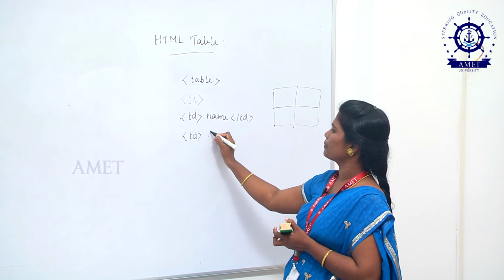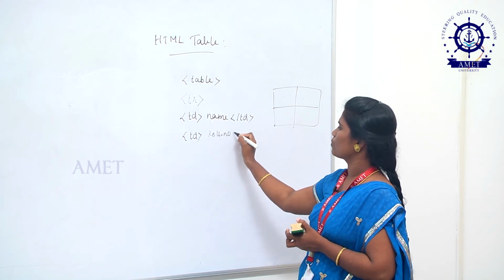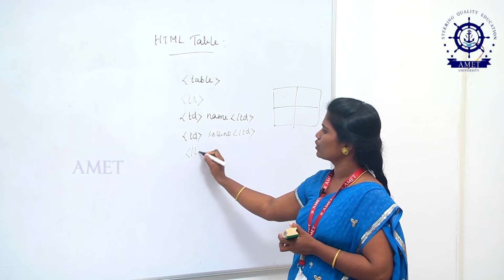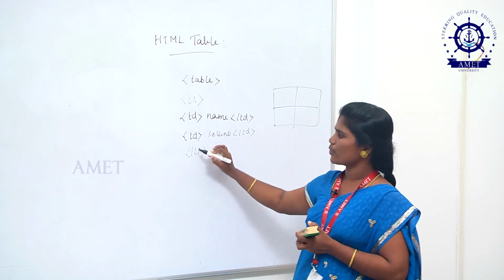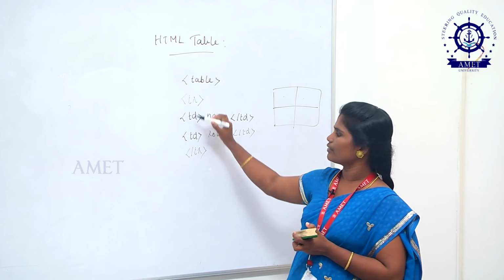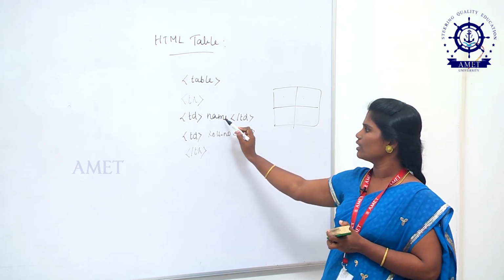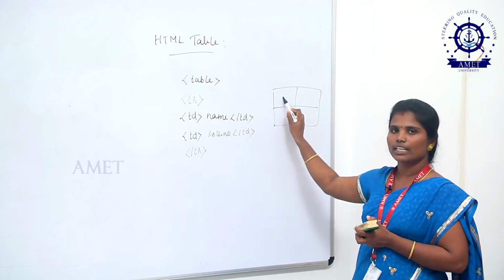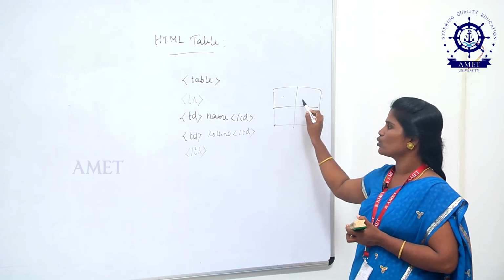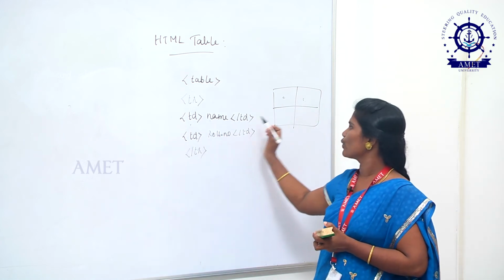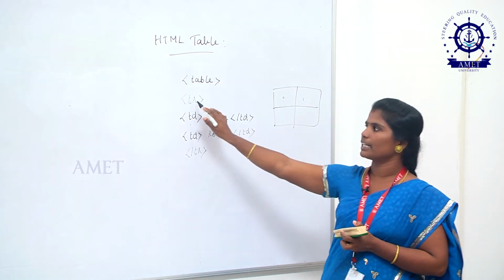Yeah, roll number. So, you must close. Then I am going to close the tr tag. So, first row close. Inside the first row I have used 2 td tags for giving the details of cell 1 as well as cell 2. So, for each and every cell you must use a separate td tag. For each and every row you must use a separate tr tag.